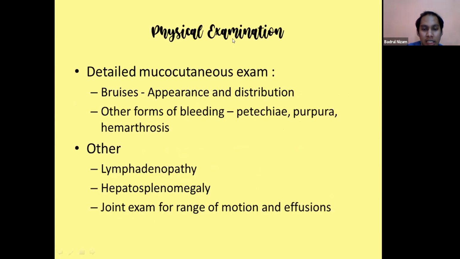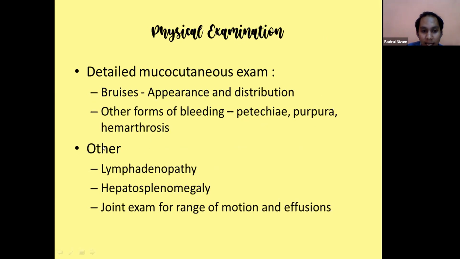Okay, so for the physical examination, what we need to look at is the detailed mucocutaneous examination. We need to know about the appearance and distribution of the bruises, like I said, to differentiate between the normal and easy bruises, whether it's at a common site or at multiple areas. And then we need to look for any other forms of bleeding, such as petechiae, purpura, bleeding into the joint,